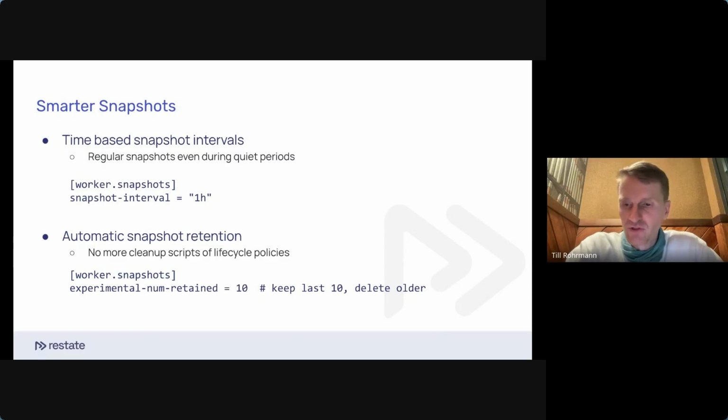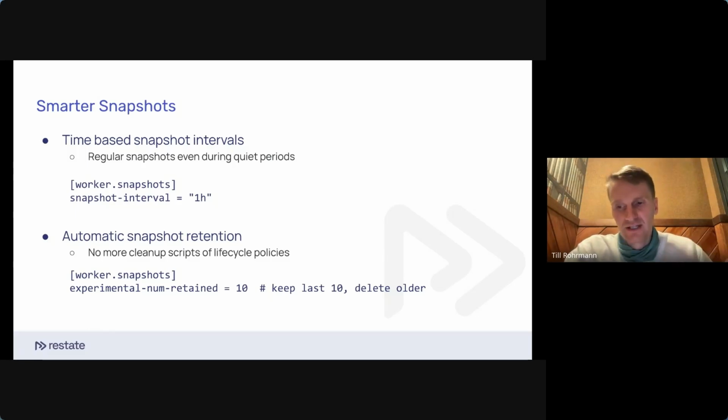So what people usually did is they manually added some cleanup scripts or used lifecycle policies so that the snapshots would be cleaned up eventually. But this was always a bit tricky, because these lifecycle policies didn't know